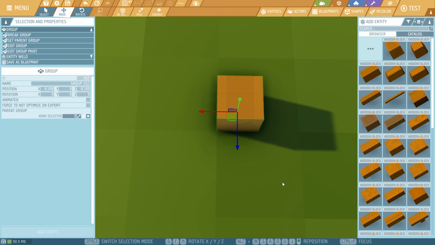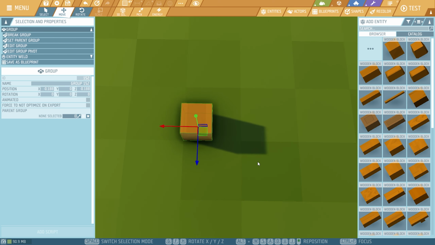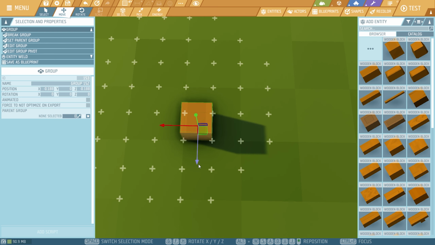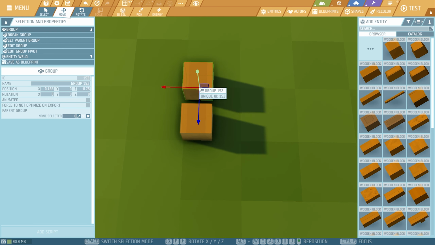But before continuing, you must know if you move this block, the middle point will move too, and it will move to the grid. Allow me to show you. In order to copy, do Ctrl D. And if I move this up, you can now see that the middle point has moved up